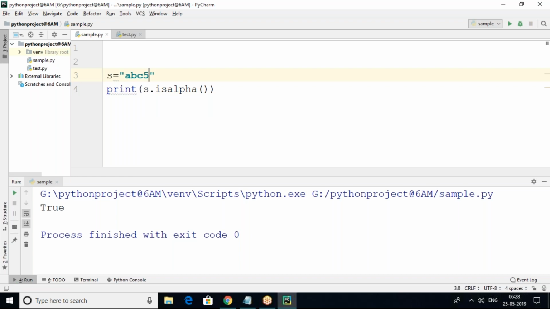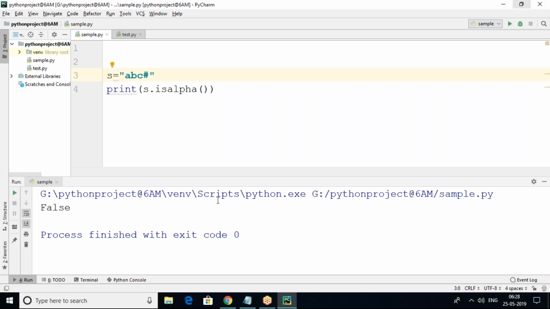If any one of the characters is a digit, like "ABC5", it's not true, it's false completely. Or if there is any special character along with ABC, it won't work. So your string should be completely alphabetic, then it returns true, otherwise it returns false.